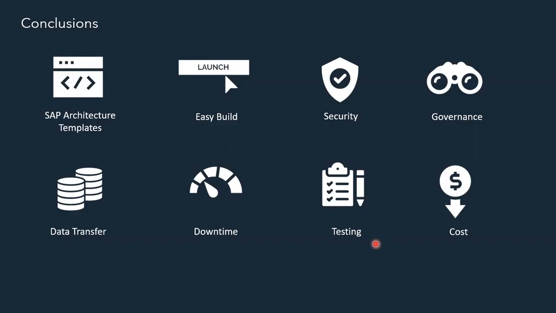In that way, we can really minimize the downtime. Even though EC2 instances come with an SLA, it is highly recommended to plan for high availability. You can conduct testing against your SAP workload on AWS, even pen testing, performance testing, beta testing. All those tests can be done in AWS, and you can even have a test environment set up on AWS. And the beauty is, when you set up a test environment on AWS, you only pay for what you use. If the testers are not working at night, or at some point of time, you can shut down those machines and save cost.